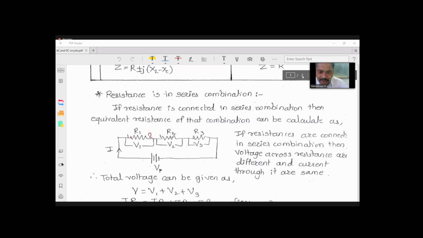But there is a division of voltage. Meaning that whatever voltage you are giving from this voltage source, 10 volt, that 10 volt supply is divided across these three resistances. Means suppose here the voltage drop is 7 volt, maybe here the voltage drop is 2 volt, and here the voltage drop is 1 volt. This is just an example, not the true value. Here the voltage is 7 volt because the resistance value is greater. That's why the voltage drop is also greater. Then here the resistance value is 5. That's why here the voltage level